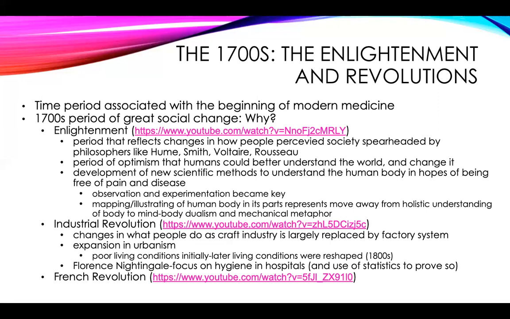But during the Industrial Revolution, we have the rise of the factory system, where you have people making all those things en masse. And with the rise of the factory system, we have a rise in urbanism. And then, this is also the developing of our capitalist system. And initially, when we have this expansion in urbanism, people moving to the cities to work in these factories, there are very poor living conditions initially. And this certainly contributes to the rise of certain infections and diseases.